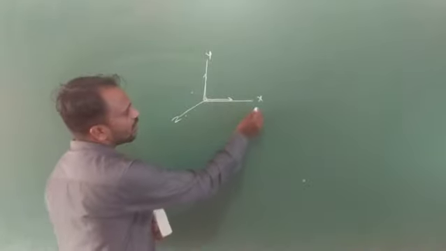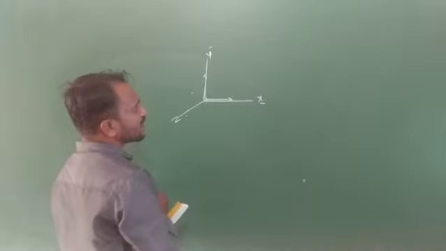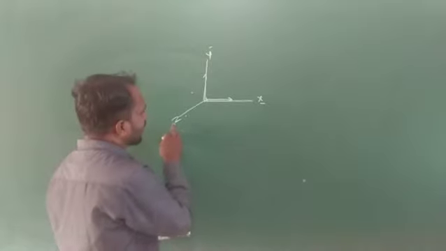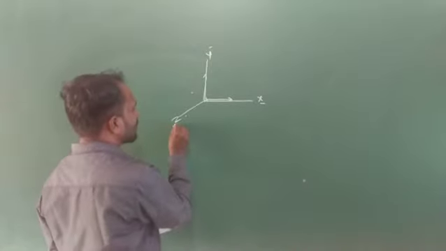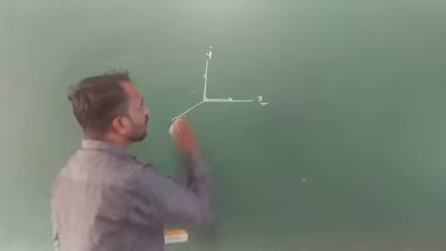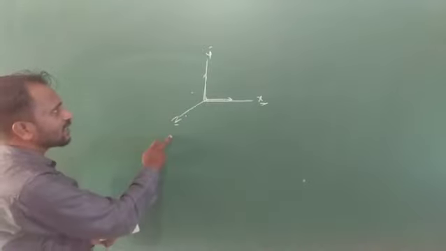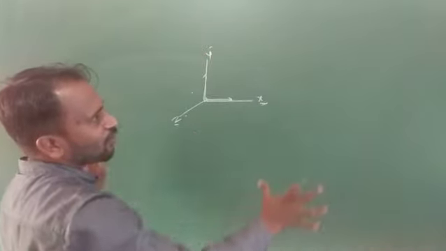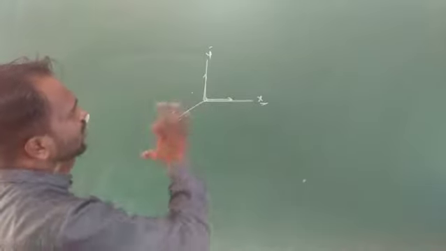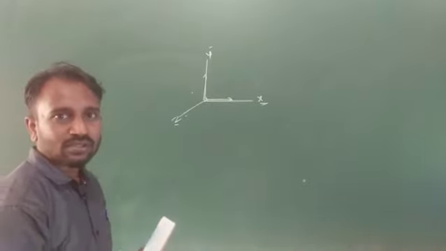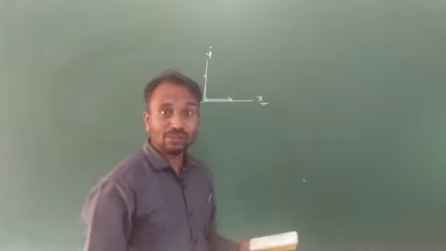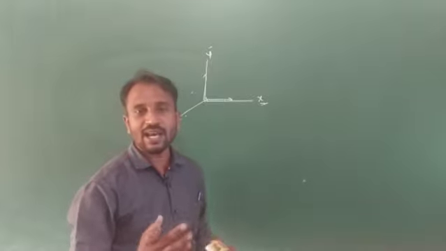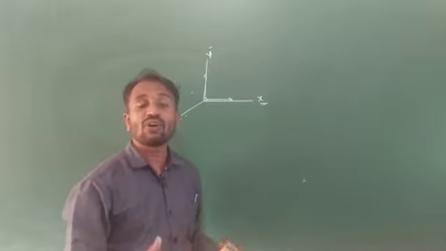Plane means, here this one is the x-axis and this one is the y-axis, and this we consider the xy plane. Suppose x-axis and z-axis, this is the zx plane, and y-axis and z-axis, this we consider the yz plane. For example, here we consider a board. This board we consider an xy plane. You already know 3D and 2D things. 2D means 2 dimension, 3D means 3 dimension, 1D means 1 dimension.